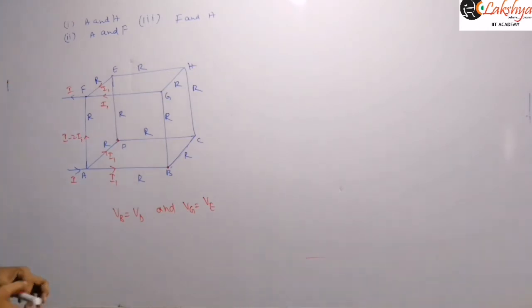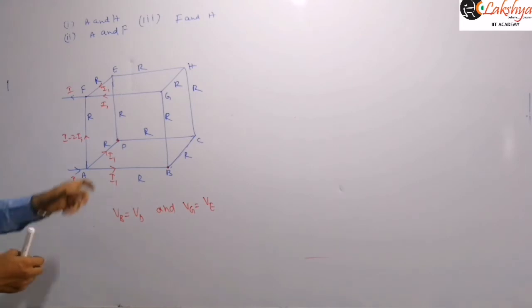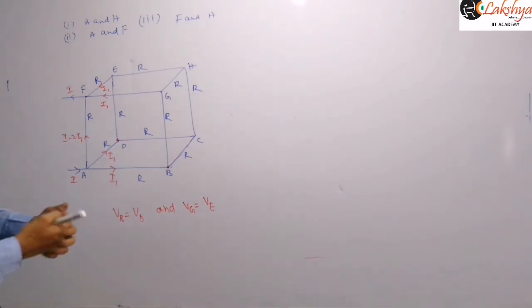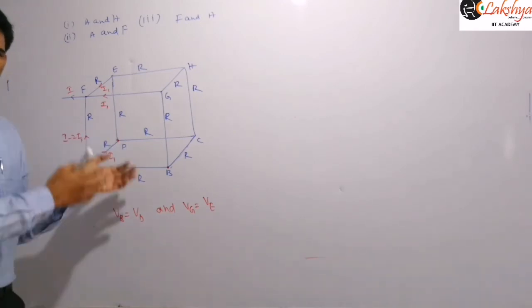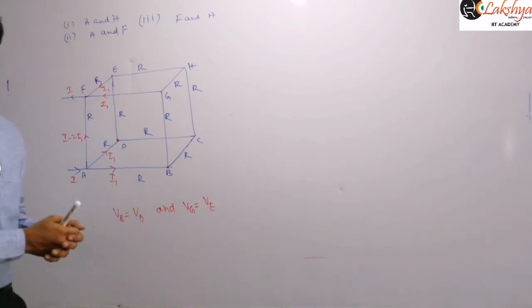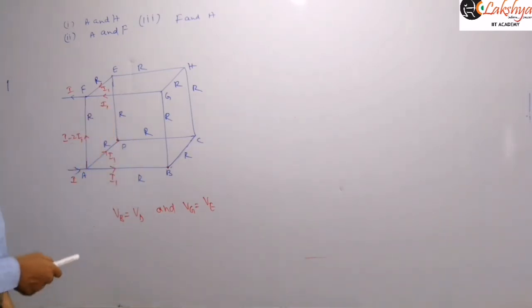So as we know the identical potential points here, you can combine them. You can combine those points here. So I will explain in this problem how to combine those points. The previous one, you draw the resulting circuit, we solved by applying Kirchhoff laws. So you solve by joining those points here. Now in this I am going to explain by joining those points here, right?